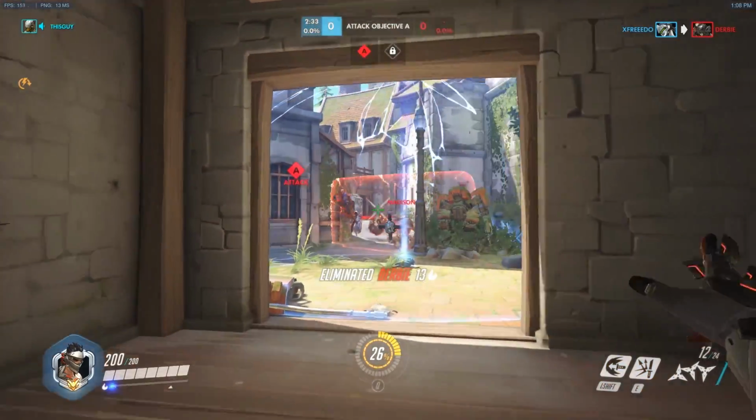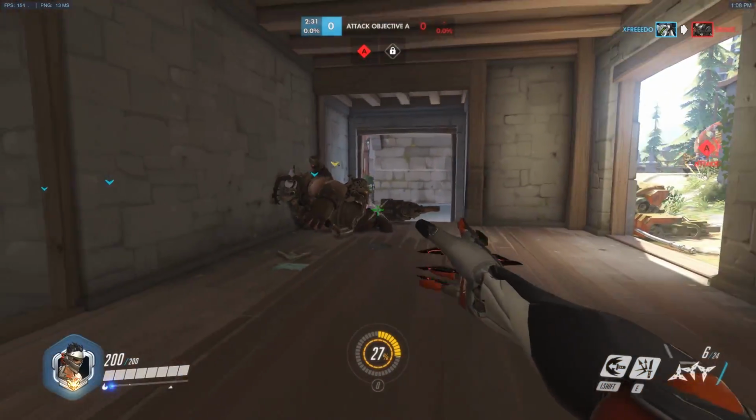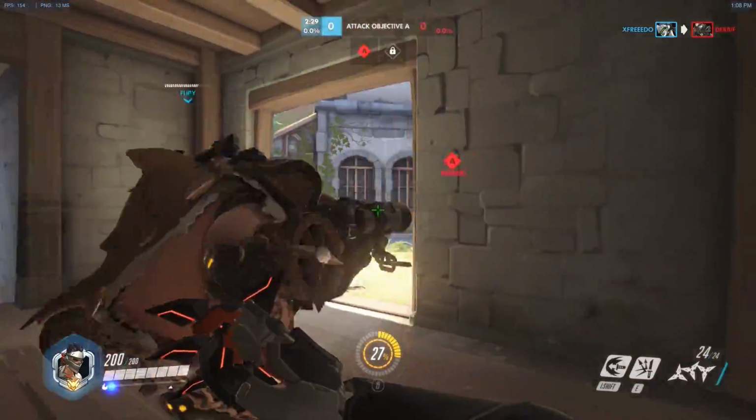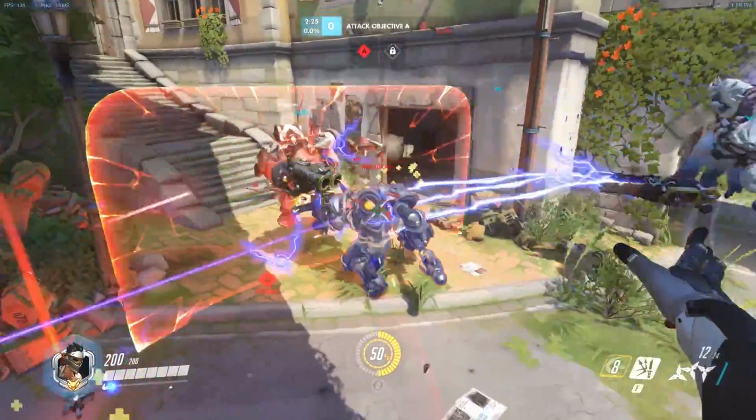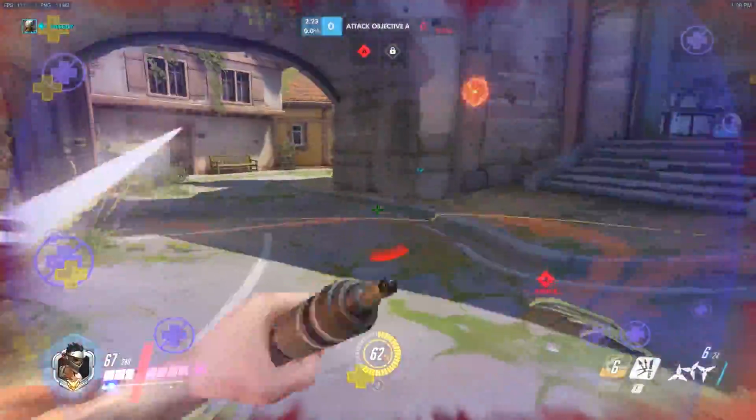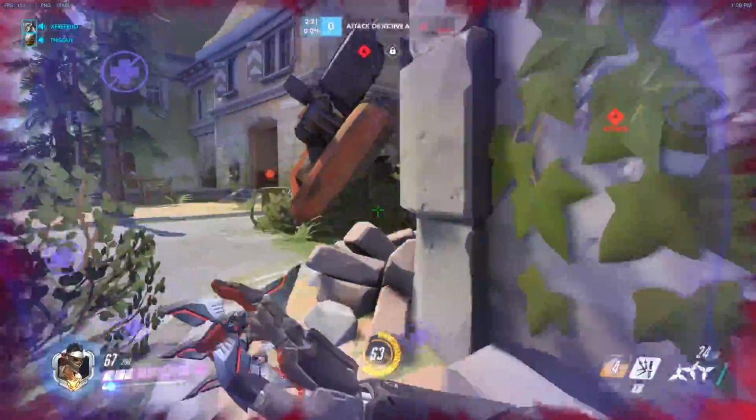Taking Junkrat against a Pharah and Mercy, for example, isn't a fantastic idea, and yet people will sometimes do this. They've taken a hammer when what they really needed was a scalpel. Also, for example, having most of your comp pick a dive setup and you pick McCree may not be the